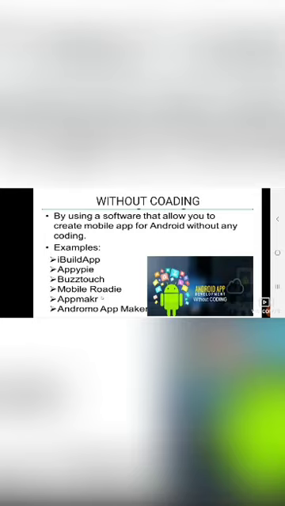Actually, whenever you use these applications, the coding is done in the background. So I am using AppyPie to make an application. Let's see how we can make an Android application in 5 minutes.